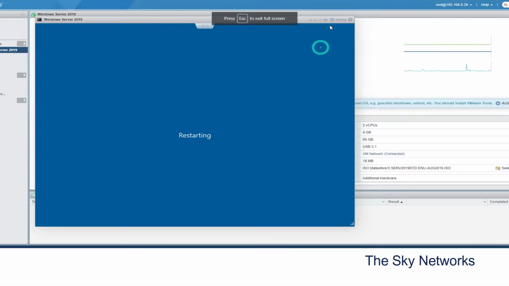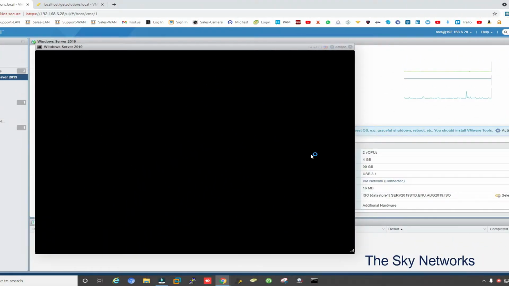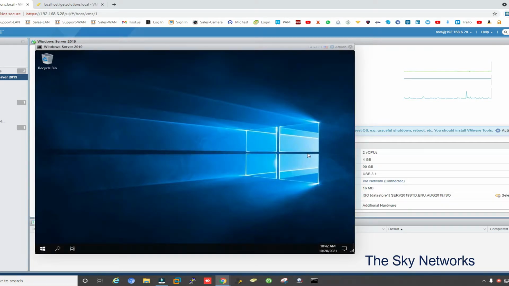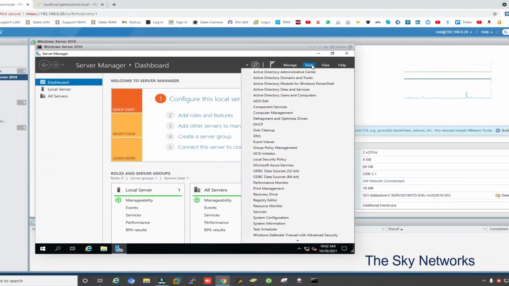Now our server is rebooting, and we will install our DHCP server from the Add Roles and Features on our server dashboard. Server Manager is open. We will check in our Tools. Now DHCP is still here